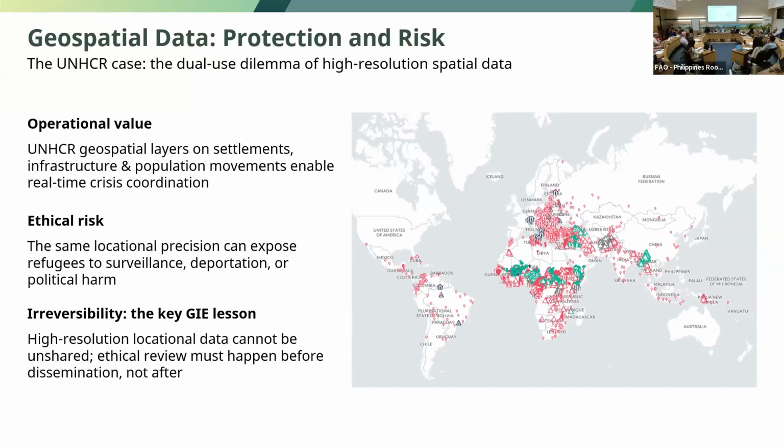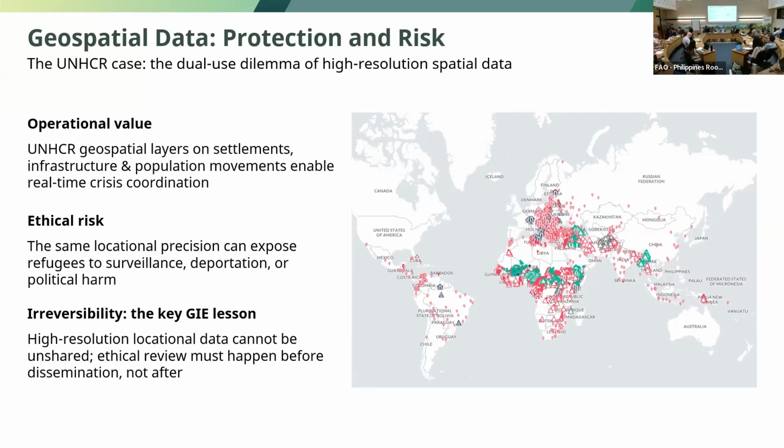Some of the locational precision here, it's a great map that enables effective crisis response, can also expose vulnerable populations to surveillance, forced deportation, targeted political harm, as we've seen before. And errors and unauthorized exposure can't be pulled back. So reuse of this data, once it's out there, it's available for misuse, for all of the purposes that we did not intend the data sets for. UNHCR, of course, was very responsive to these concerns at a very early stage of developing this map, as human rights advocates had raised these concerns.